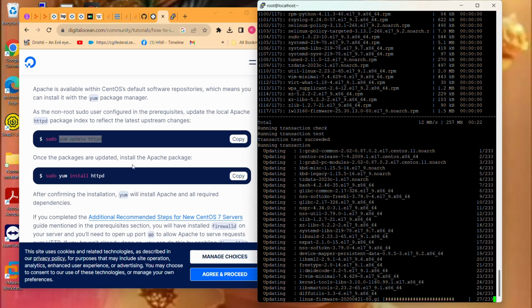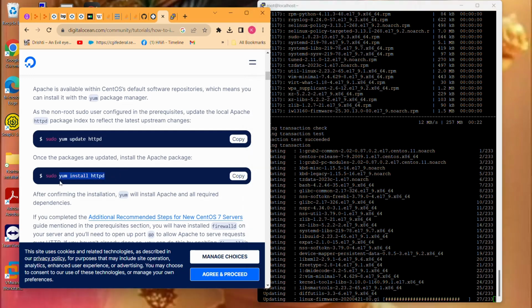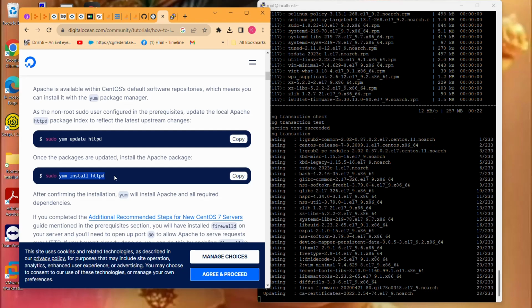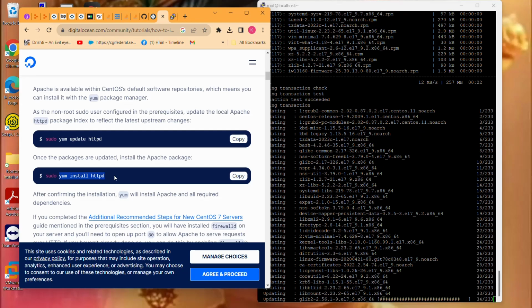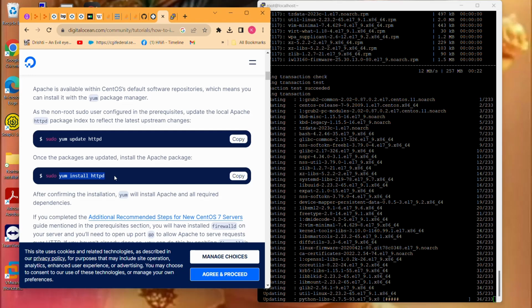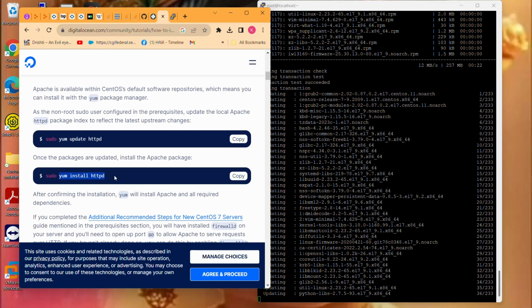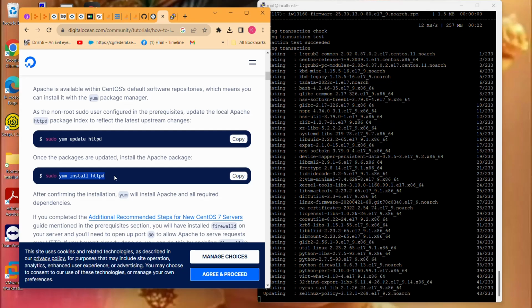So yum update is anyways getting finished, so we can start with the next command, this one. You can start with yum install httpd. That is what will install the Apache web server. Once the Apache website is installed, your machine will not accept any connections because the firewall is enabled, and the firewall will not allow any connection to come into your system. So what you have to do is allow the firewall.